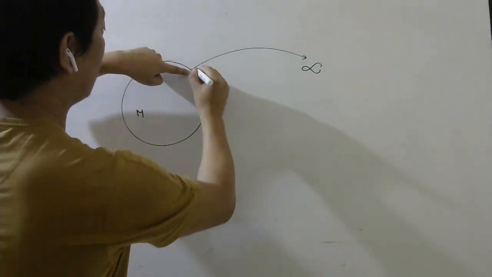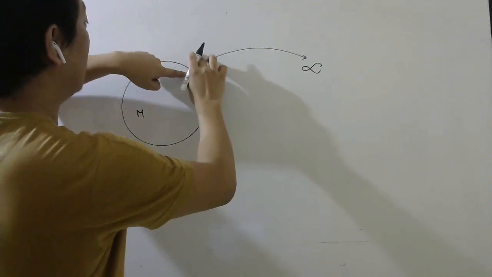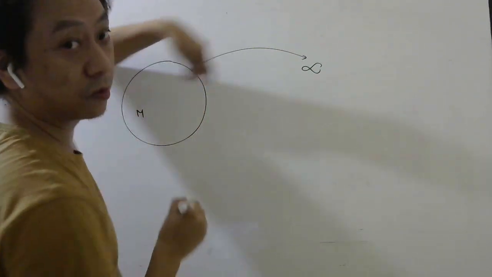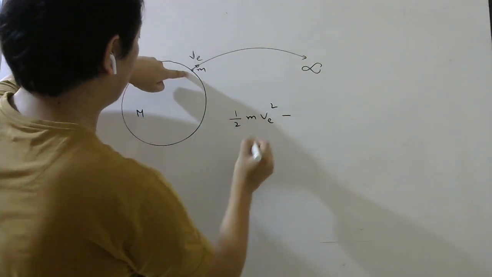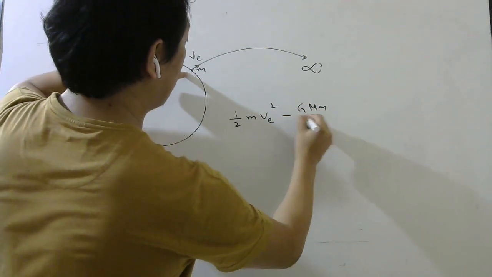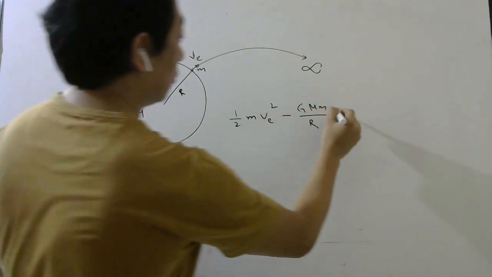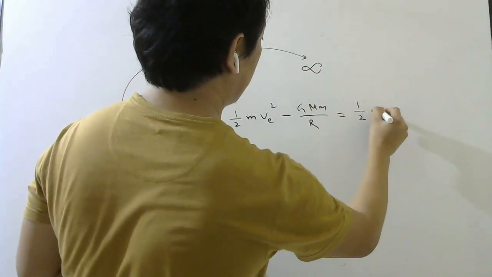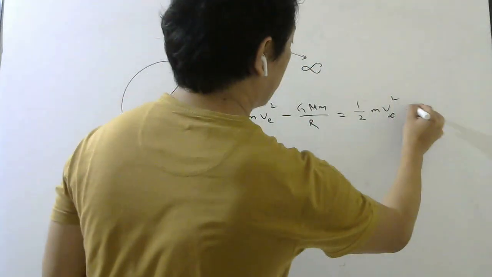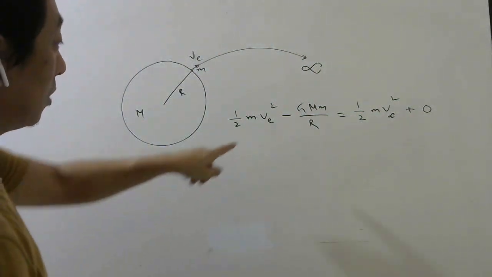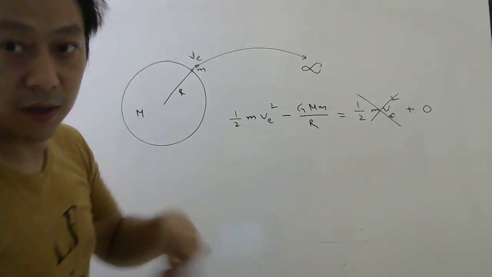So here you are giving some velocity v naught, or let us say ve, in order to escape. So kinetic energy is half m ve square. Potential energy is minus GMm by r, because you are starting from the surface. When you reach here, you may have some kinetic energy. This is velocity at infinity, and once you reach infinity, potential energy will be 0. Now if you want to calculate the minimum escape velocity, then you should put this as 0. Otherwise you keep it there.